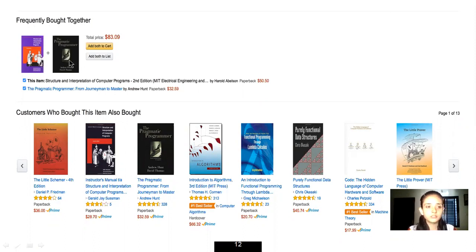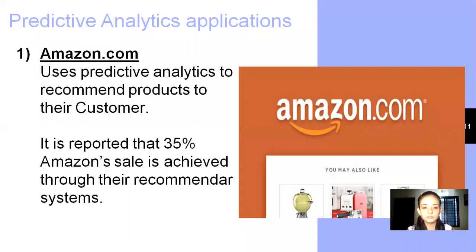So this book is frequently bought with another book, and if you buy the combination, they give some discount. And whatever book you are searching for, related books will be shown in the recommendations below. So what is this? It is the recommender system of Amazon. It is based on predictive analytics. It is reported that 35% of Amazon sales are achieved through their recommender system.